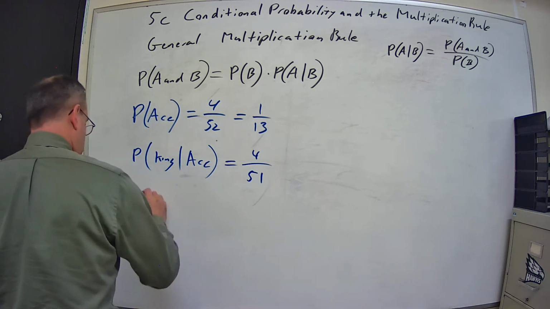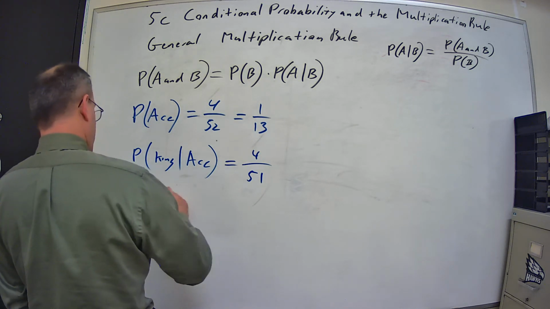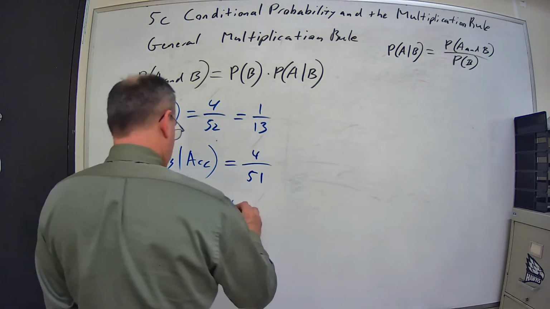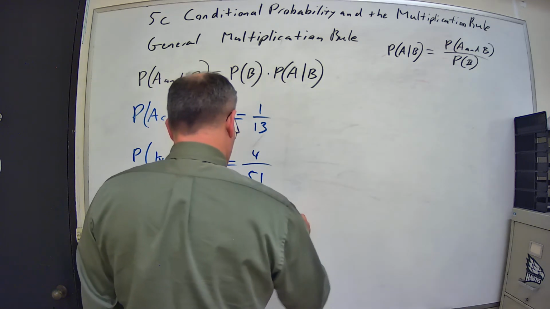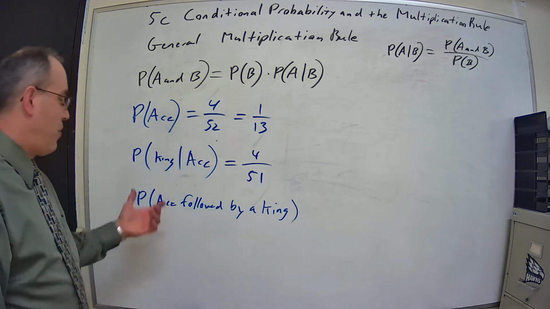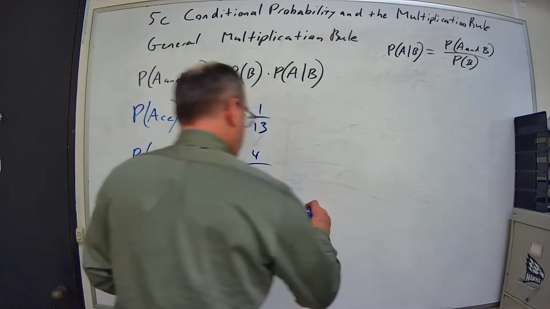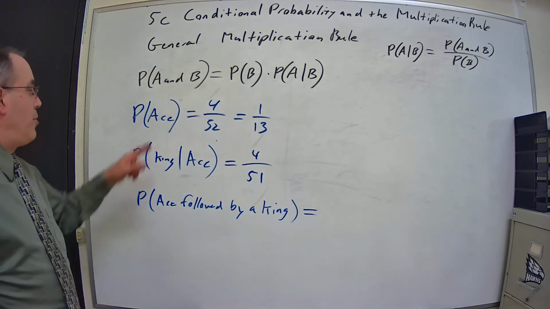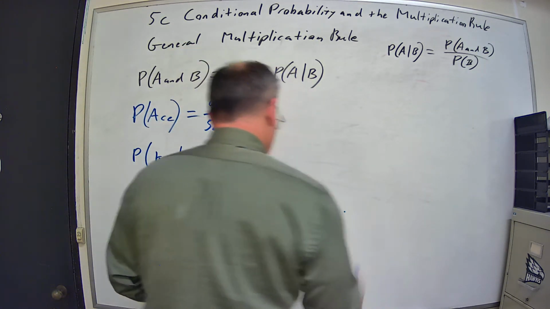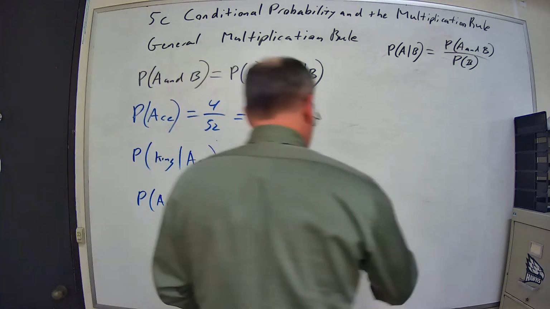So now I want to know what's the probability that I pull an ace followed by a king. What's the probability I pull an ace followed by a king? So I pull an ace and a king, that both of those events occur. It's equal to the probability that I pull an ace, which is 1 over 13, times the probability that I pull a king, given that I pull an ace, 4 over 51,